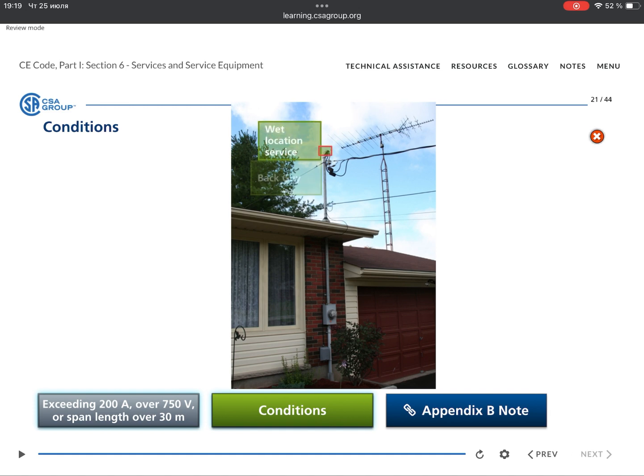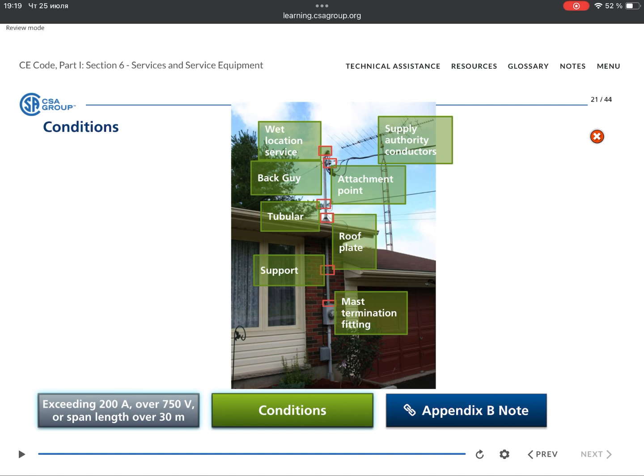These conditions include when the maximum unguyed projection of the support member does not exceed 1.5 meters, when the cantilever load does not exceed 270 kilograms, when 3 support clamps are used, the upper one being located at the roof line and the other 2 being installed on the wall of the building, when a roof plate is provided to